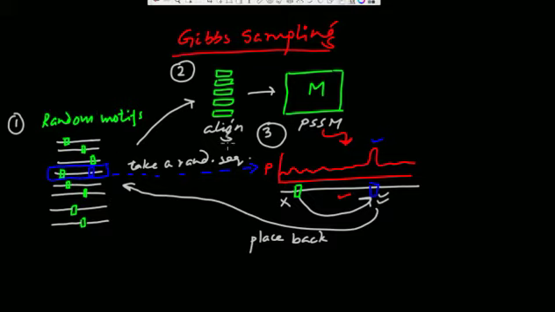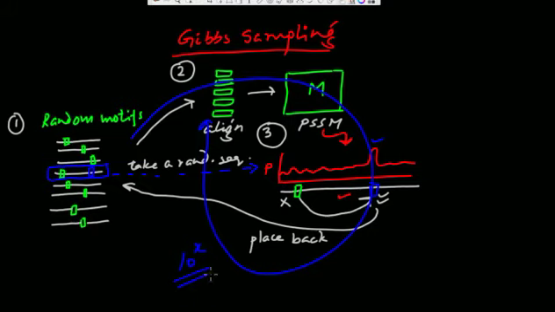So we run this cycle again and again. So we get again a new PSSM which will be slightly better because it gave us better results, and then we again take another random sequence and iterate this process several, maybe a few thousand times. Okay, so we need to iterate this process. Let me try to make a cycle here. So in fact there is a cycle, right? You see that there is a cycle going on here, and we repeat this several thousand times.